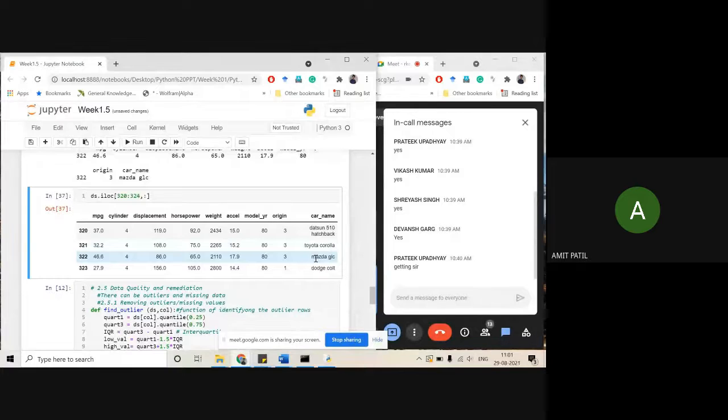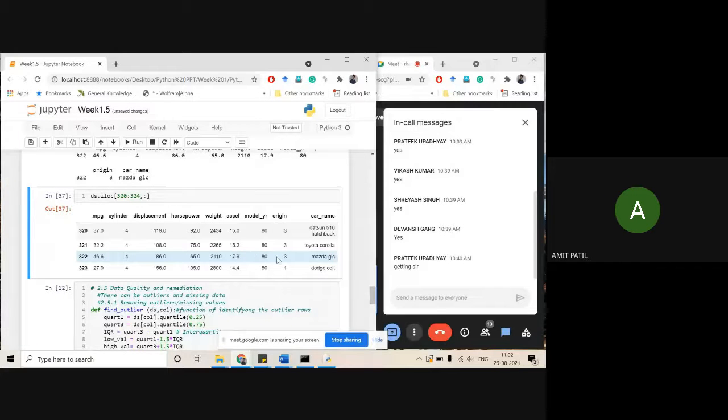We have called the entire row so that we can see whether there is any difference between the upper and lower limit. Say in this data set there are multiple outliers and there is a pattern. Imagine you have a data set of cars: Maruti Suzuki, Honda City, Duster, and the fourth one is Ferrari.